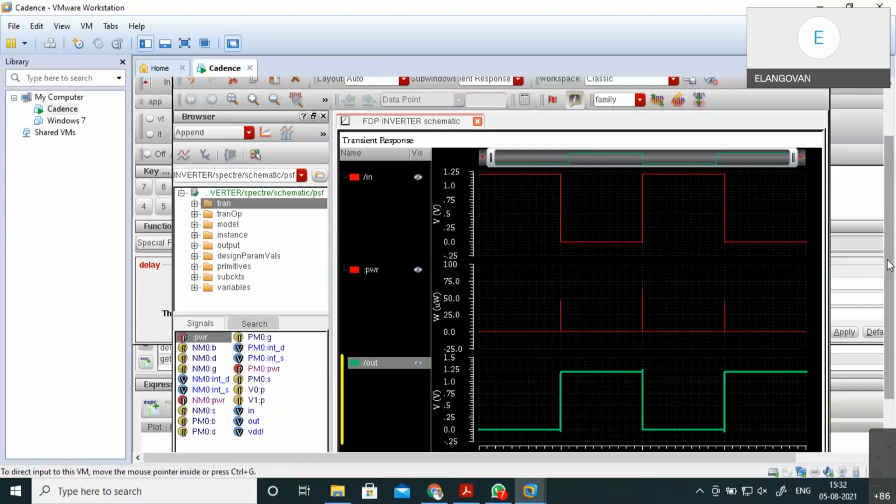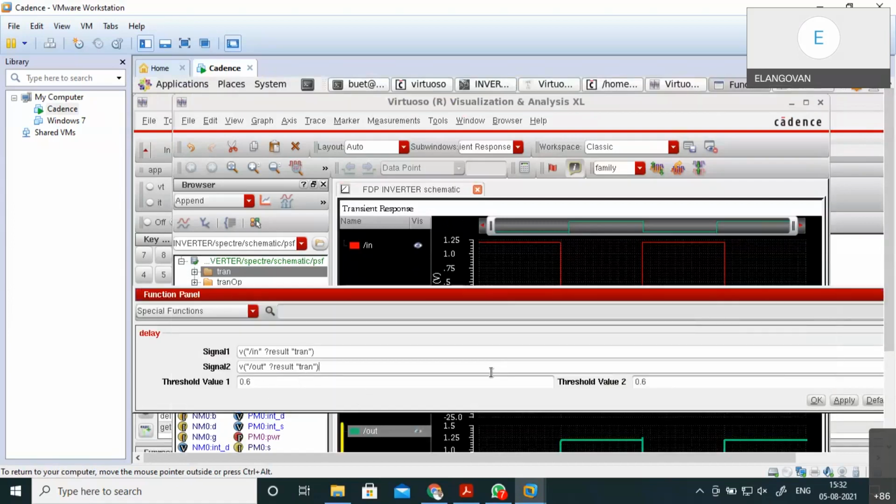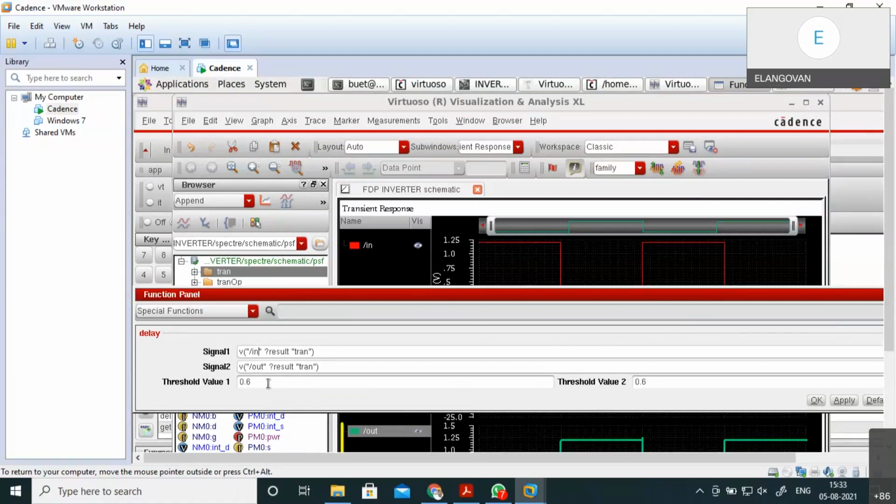So here I'm going to the function. So here you can see the threshold voltage.